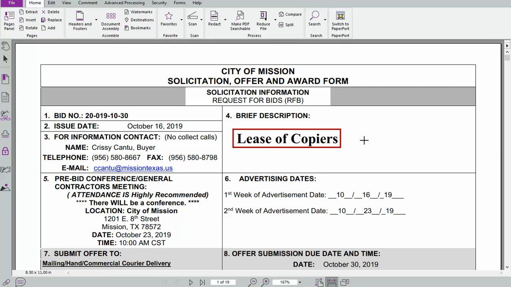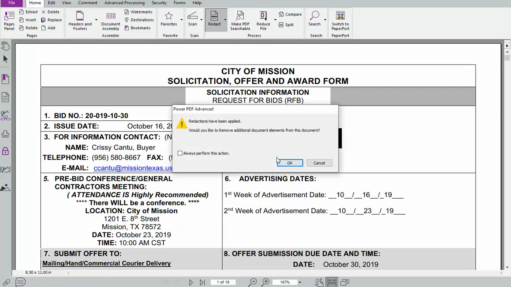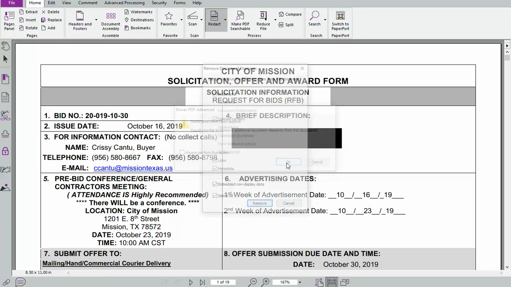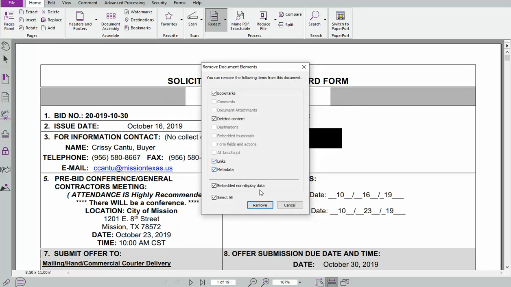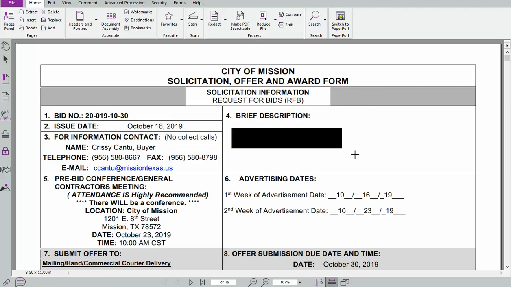there. If we move inside the box, you'll see that the color turns black. So we know that we're going to cover it up with black space. I'll move back up top and go to Redact. I'll select Apply Redaction. It will ask, do you want to permanently delete? We say okay. It's going to ask, do you want to remove any elements, which would be any metadata or links? We say okay. We're going to then say okay again, because we've changed that document, and as we'll see now, that area